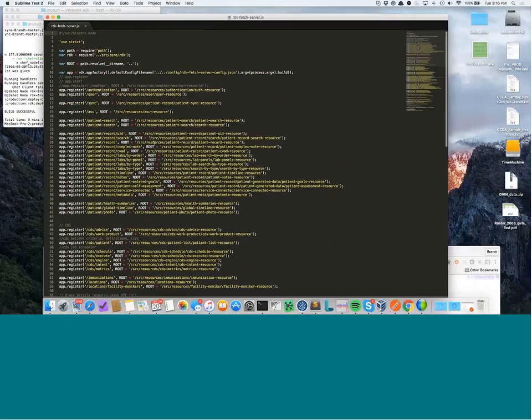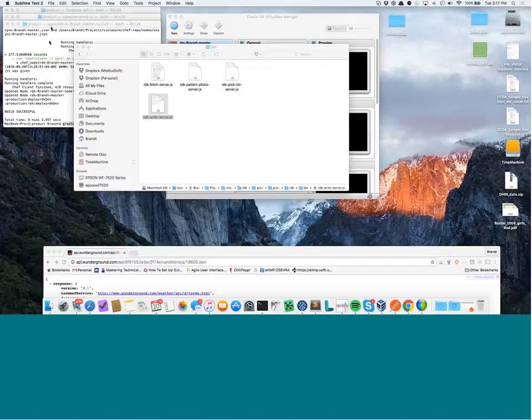So going back to here, this is where we have to make that weather resource available. I have it commented out. I just added it to the top to make it easy. So basically, we're just telling it for weather, this is where it will find it. So that's pretty straightforward. Save this file. And then now we need to rebuild RDK. So